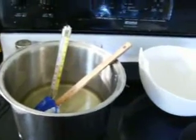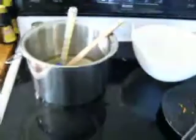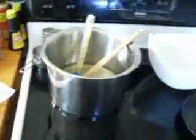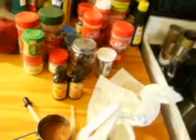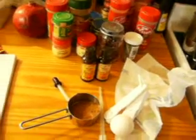Like I said, I'm in the mood to experiment. I looked up a couple of recipes a while back on pumpkin soap, so I know I pretty much have everything except for the salt and the sugar that they said to add. And I haven't done that. I probably should have, but I re-looked